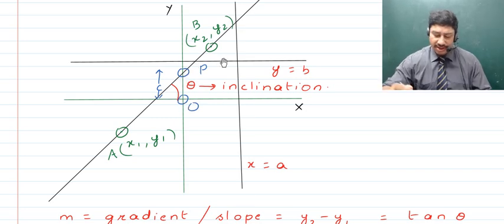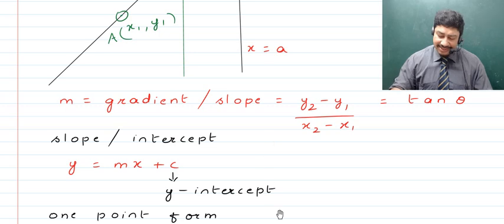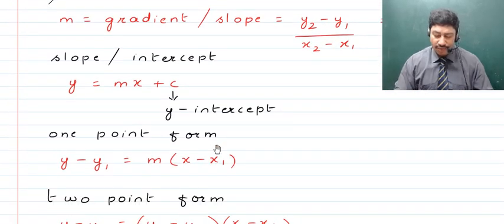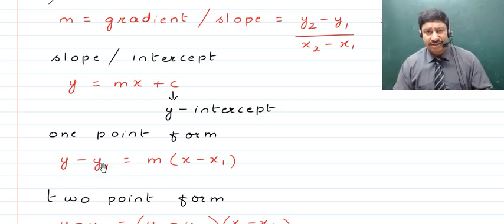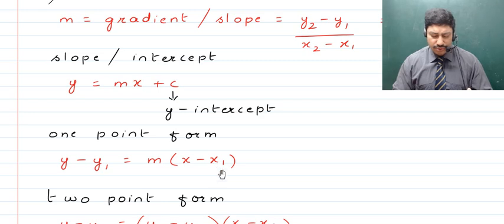Jessica, clear? Okay, now after this, children, next we now talk about the 1-point form, which is whenever there is a straight line on which we know a point x1 comma y1 and we also know the slope of the line, then its equation can be written as the 1-point form, that is y minus y1 is equal to m times of x minus x1. So here, children, what we do is